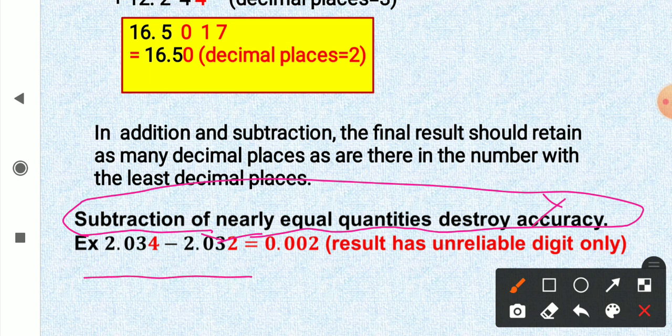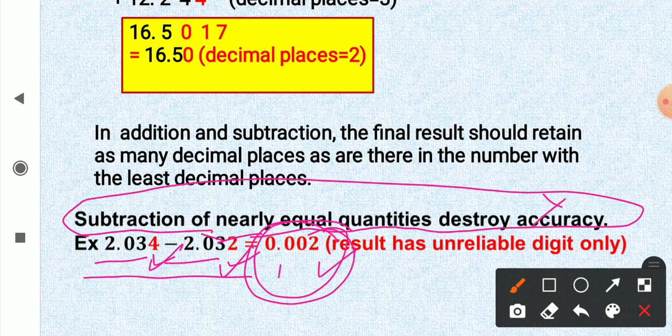If I take the example of 2.034 minus 2.032, so you see that in 2.03 reliable, 4 is unreliable. In 2.03 reliable, 2 is unreliable. And the difference is 0.002. Now 4 is unreliable, 2 is unreliable. So 4 minus 2 will be unreliable. And you know that